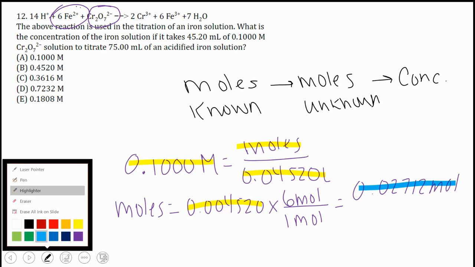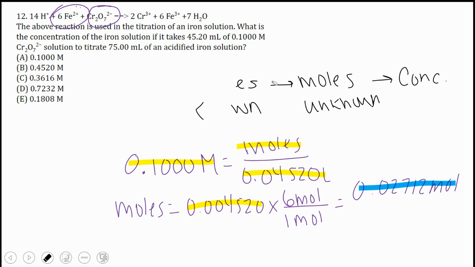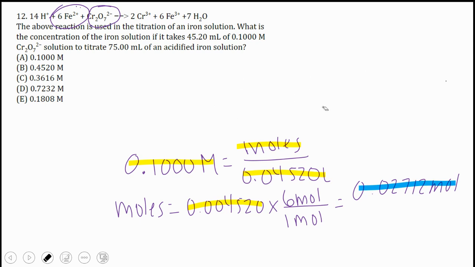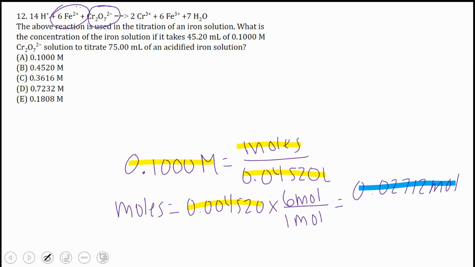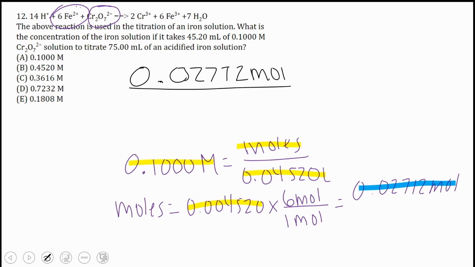So now we know moles per liter is going to give us concentration. I'm just going to erase this to give me more room. So you're going to have 0.02712, and this is moles. And you use 75 milliliters, so we're going to divide that by 0.075 liters. And your answer is going to be about 0.3616. So that's going to give you